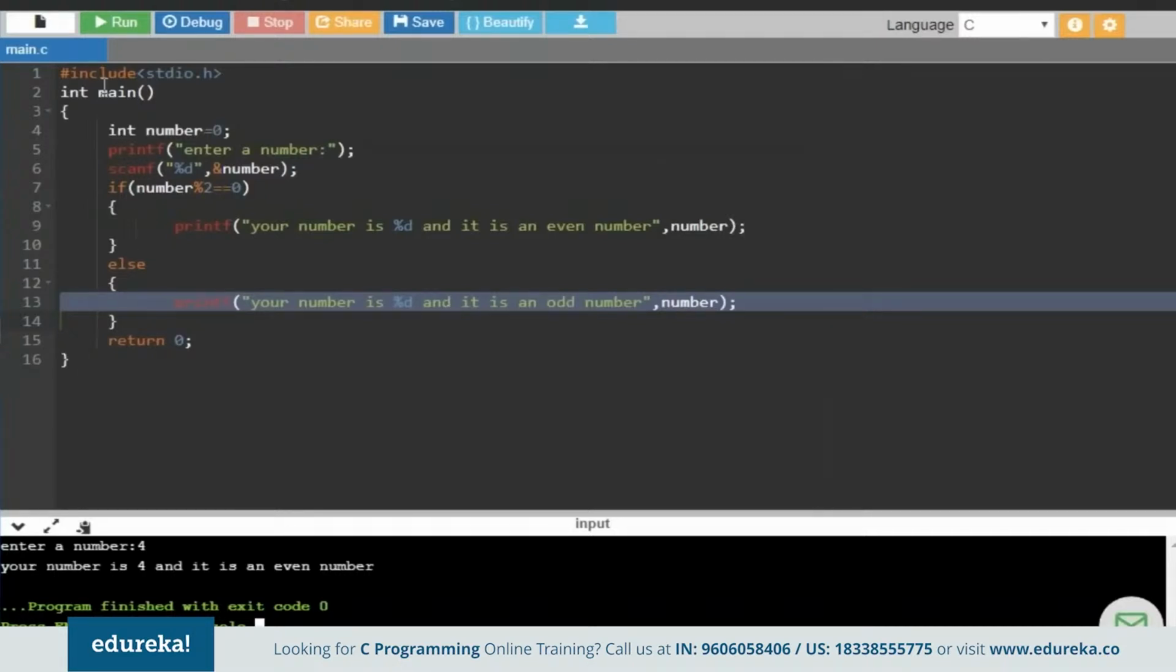Now let us try to run this code again and let us provide an odd number this time and let us see if the else block is properly working or not. Now let us provide an odd number, which is 9. As you can see, the compiler has understood that the number is 9 and the else block of statements has been